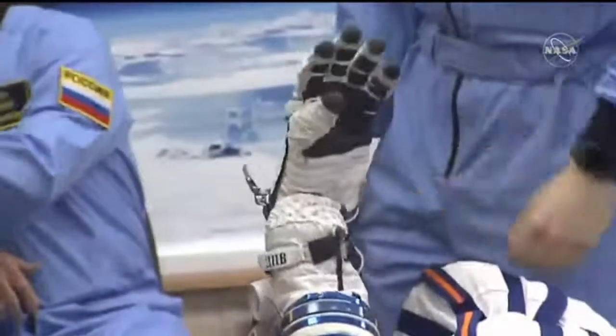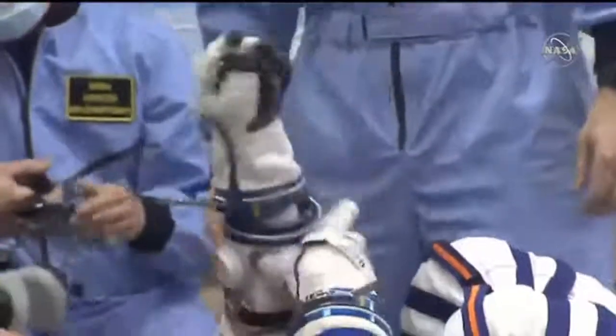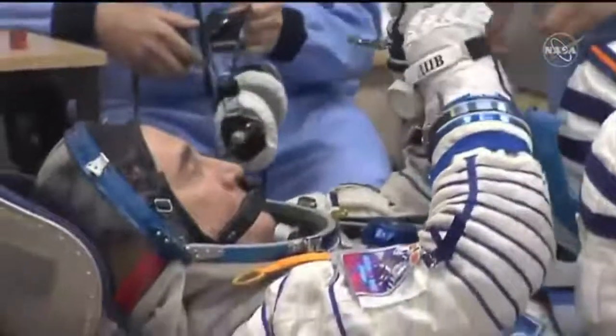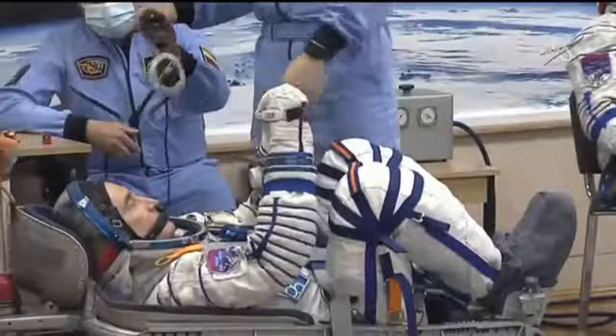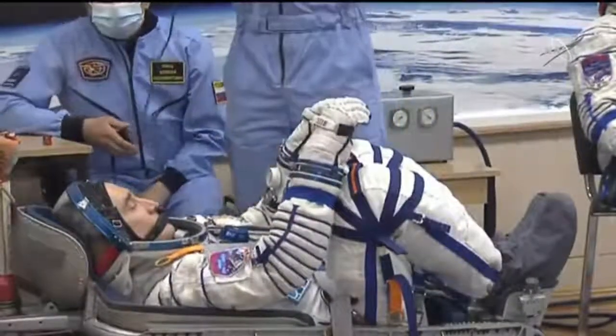There's a pane of glass to help maintain that strict quarantine. That's true for all crew members spending long duration flights on board. Last year,